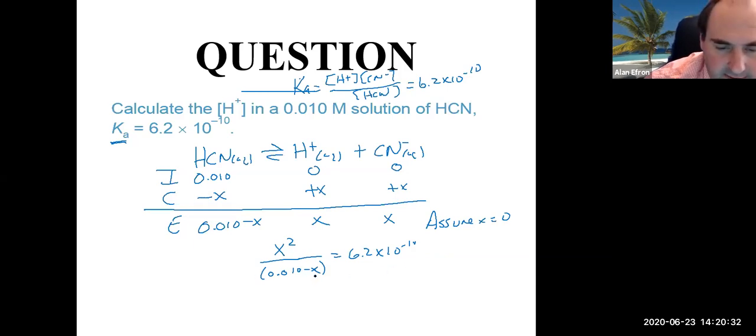And again, as the earlier question was, it will just be this x here. Obviously, you can't get rid of all the x's, otherwise you've got nothing to solve for, but it is typically the ones you subtract or add to a number, and that's going to give you x squared over 0.01 equals 6.2 times 10 to the minus 10. We're going to multiply the 0.01 to the other side and also take the square root of it. And if we do all that,